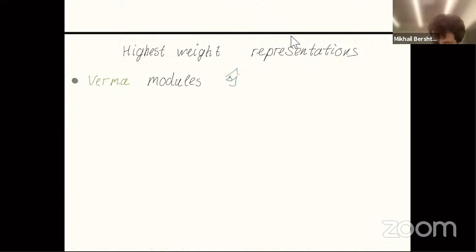This is M lambda K, where lambda belongs to the space dual to the finite dimensional Cartan, and K is a complex number. And this M lambda K is generated by some vector V lambda K